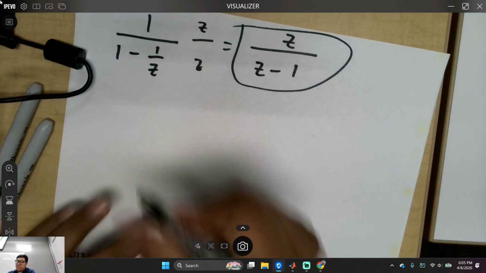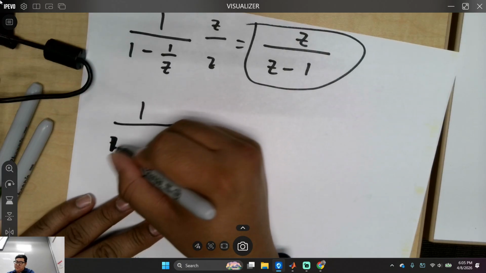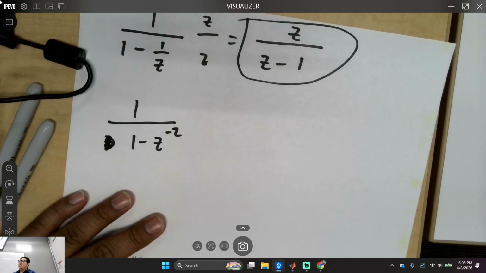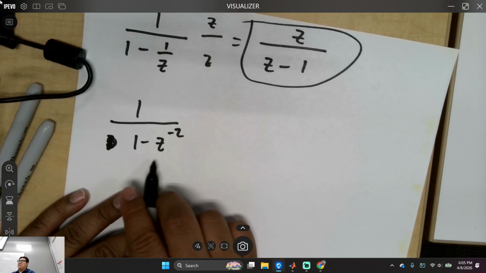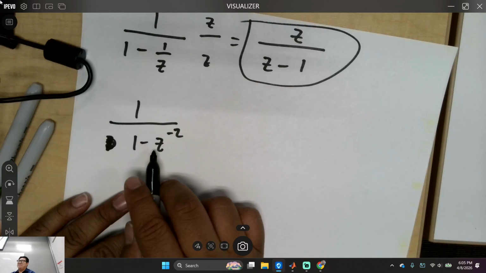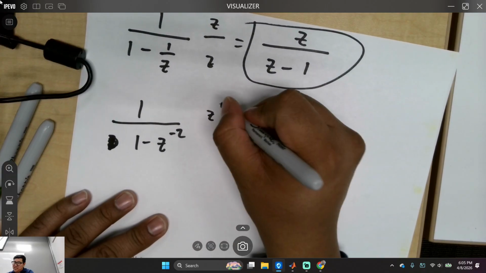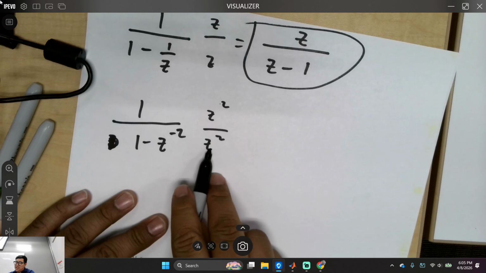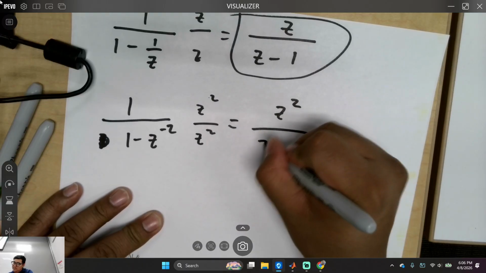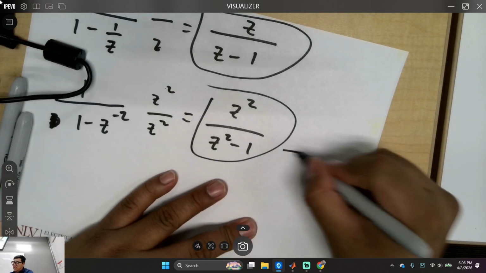Because, for example, if you see something like this, hold up, 1 minus z minus 2, right? You see something like that, correct? How many poles? There's going to be at least 2, right? Because you can factor this out, right? But how many zeros are there? 2, right? z squared to z squared, right? This multiplies by this to give you 1. This gives you this. That's cool, and then you can draw it like this.